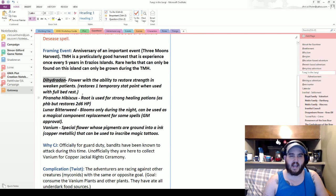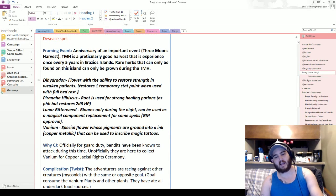So I've got the Dihydrodon, which talks here about what it does. What I wanted to do was have some unique flowers in there that, if they decided to gather them up, are consumable items. So if somebody was to say, hey, I really like the Dihydrodon, and in the official Copper Jackals, we're going to go ahead and keep that one and some of these other plants that you talked about. Awesome. The one that I was especially hoping gets put into the Copper Jackals official canon is